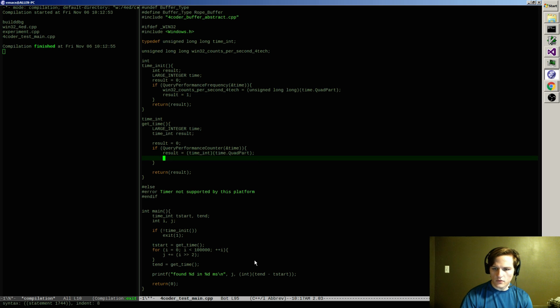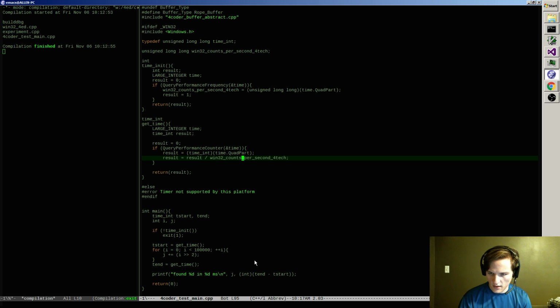And so whenever it gets that result, result equals result divided by counts per second. That would give me how many, this is how many counts, right?